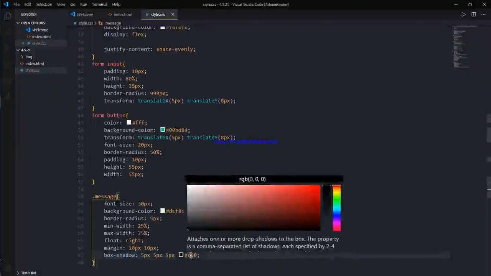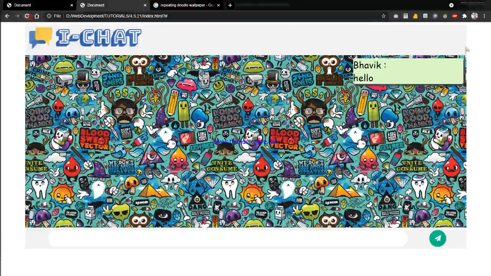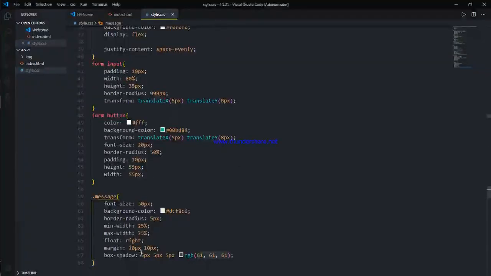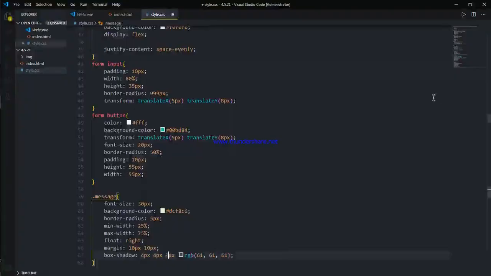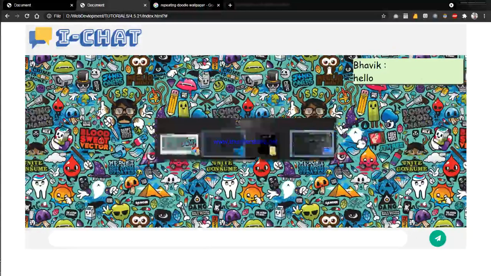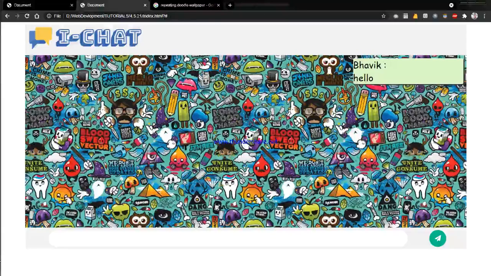Restart it. Oh, it's too dark, so let's get a lighter one and just decrease it a little bit. Go like 4 and 4 and 4. No, still a little bit. Go 3 and 3. Perfect. No, wait. Here you go 4, and here it is 3.